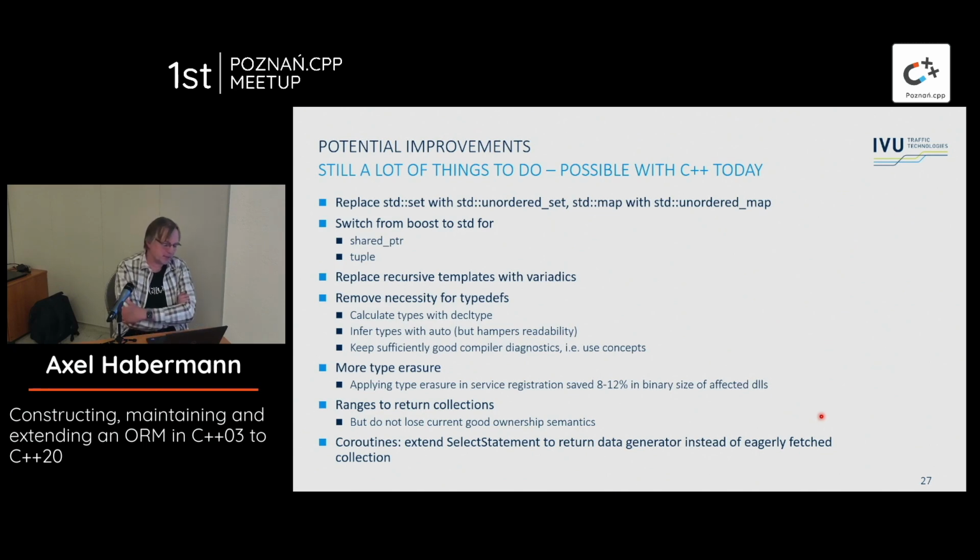One thing I personally find very interesting would be to use more coroutines, especially to extend the select statement to return a data generator instead of the eagerly fetched collection. Currently we have store and forward or fetch and forward, and for scalability it would be nice to have the option to stream a database query result. Okay,